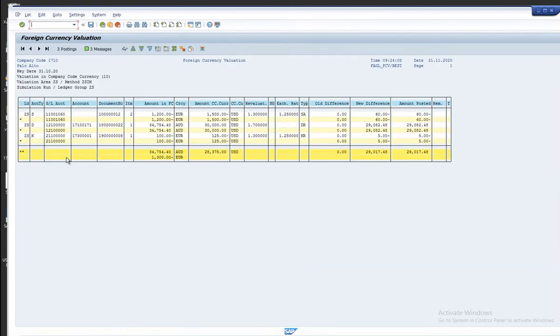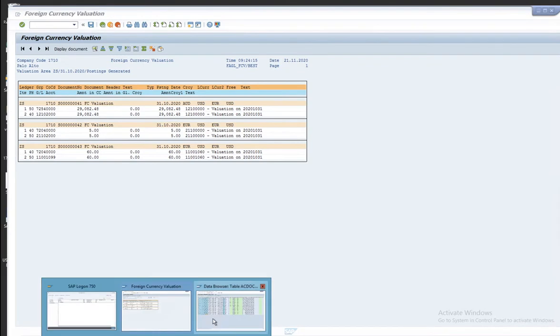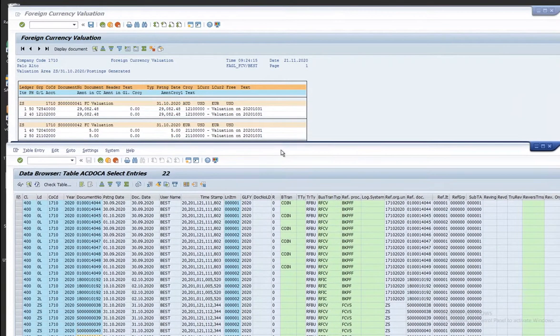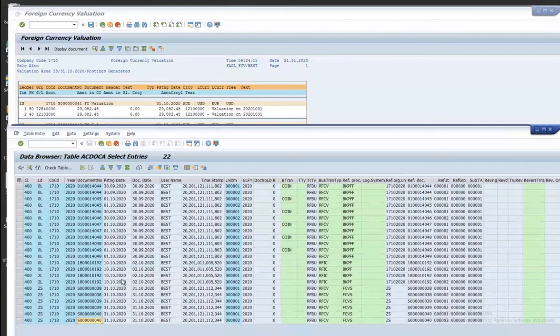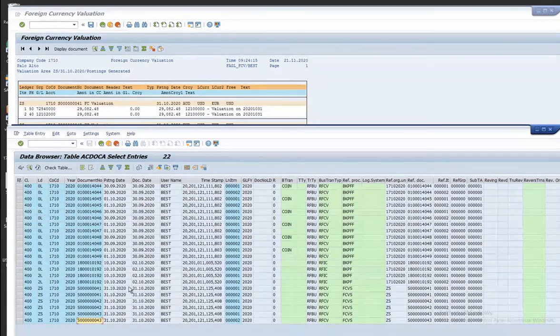Now these are the documents created. If you click on 3 postings there, you can see the numbers S41 to S43. I just want to show here so that you can have a look. Earlier we had 38, 39, 40. Now we have 41, 42, 43. I'm refreshing it so that you can see what documents are posted now. The system automatically deleted the old documents and updated with the new document numbers.